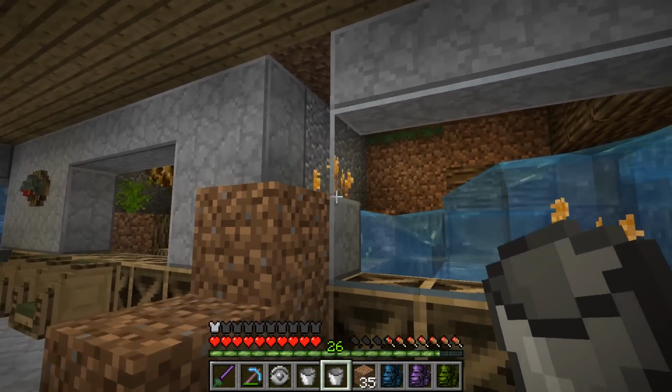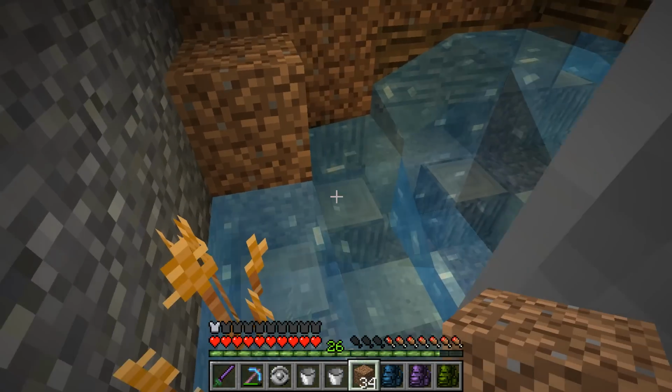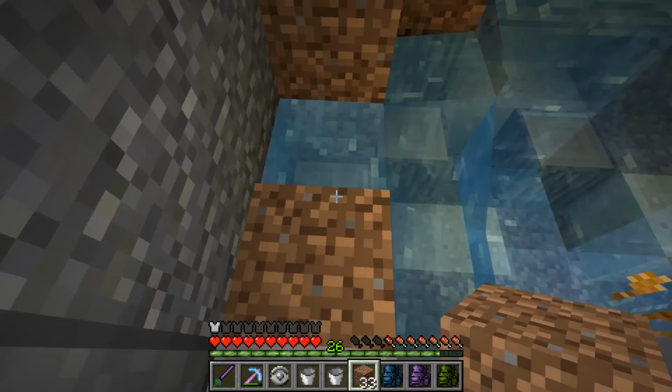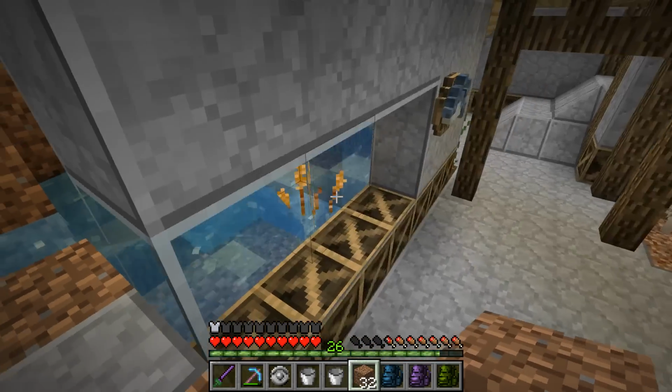All right, it's gonna come up to that height. Okay, then I need to add in a little bit more dirt over here. So it can do this, and maybe even some of this. So yeah, I'm gonna need to add in...